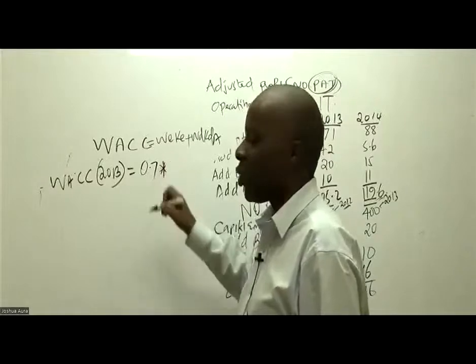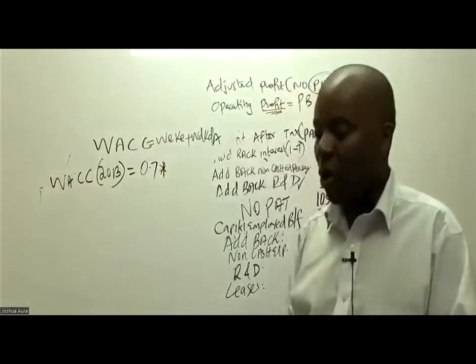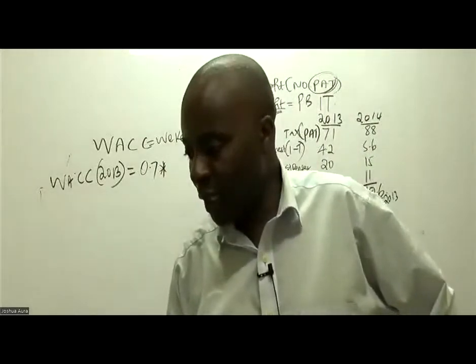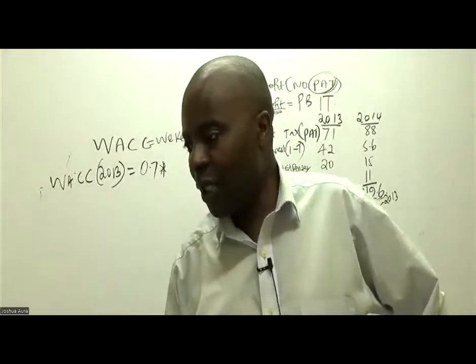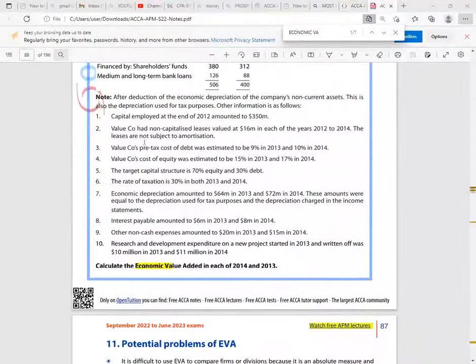So have they given me the cost of equity? Yes, cost of equity is given somewhere here. Note 3: the company's pre-tax cost of debt was estimated at 9% in 2013 and 10% in 2014. No worries, that is KD. And then note 4: the company's cost of equity in 2013 was 15%. So 15% in 2013 plus weight of debt, you've just told me it is 0.3, times cost of debt in